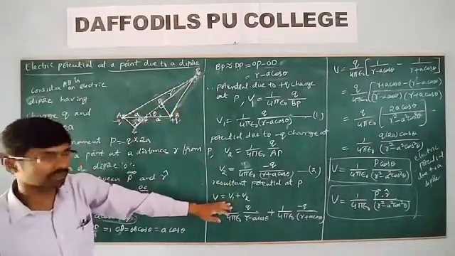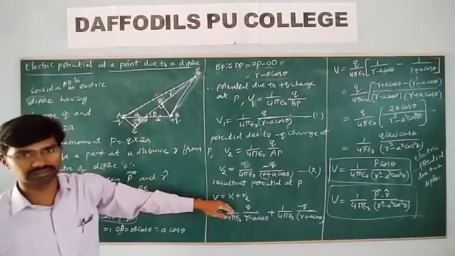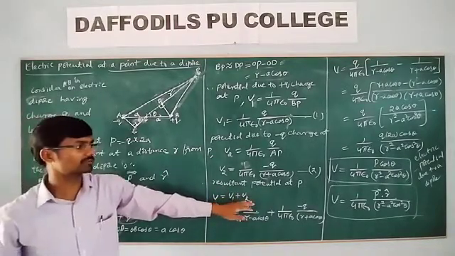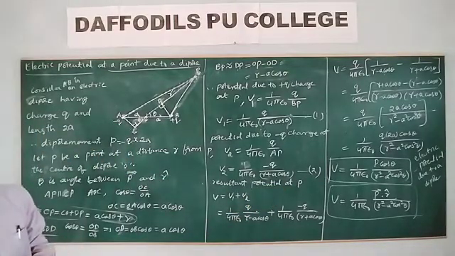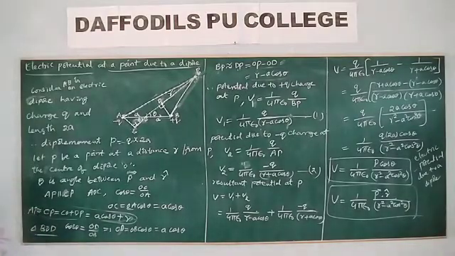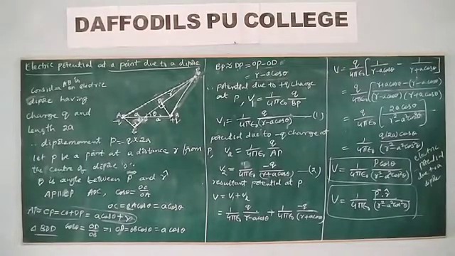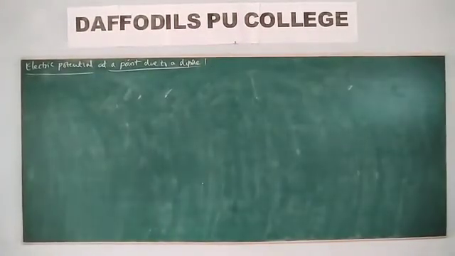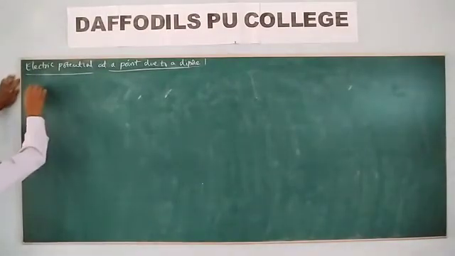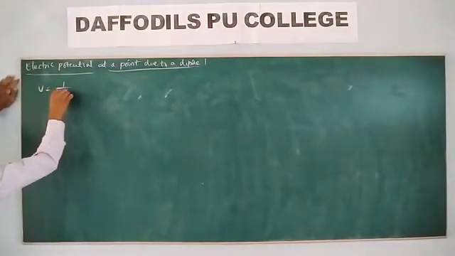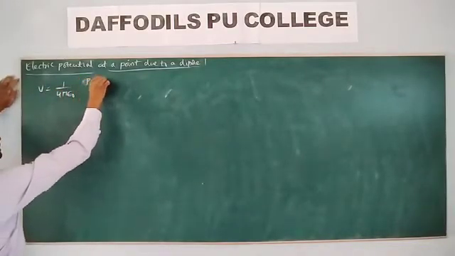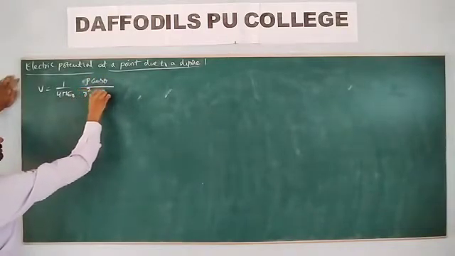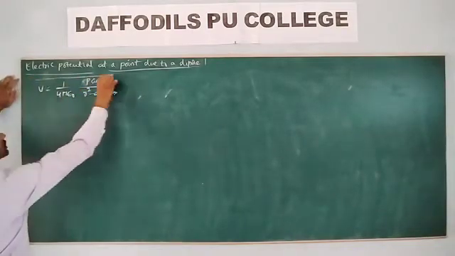Then the resultant potential at P is the sum of the potentials due to all the charges. Then V is equal to what? V1 plus V2, and finally we got the expression V is equal to 1 by 4 pi epsilon naught, p cos theta by r square minus a square cos square theta. So we know the electric potential due to a dipole: V is equal to 1 by 4 pi epsilon naught, q p cos theta by r square minus a square cos square theta.